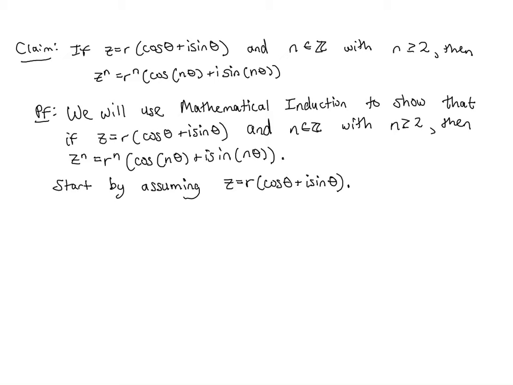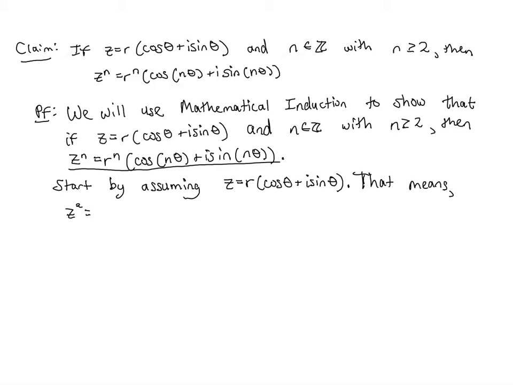So with our basis step, since in the problem statement we have n greater than or equal to 2, you want to focus on the initial case of n equals 2. So for mine, I said that using this equation here that I just underlined and subbing in 2, that means that z squared,